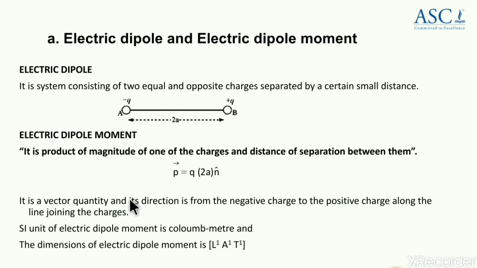And as usual, it is compulsory to learn, once you learn a new physical quantity, its SI unit and dimension formula. See here, for charge it is coulomb, for distance it is meter. So coulomb meter is the SI unit. Dimension formula: for charge it is I into T in terms of current. So I means ampere, A, and T means as usual time, and for distance it is L. Now this is all about learning what do you mean by electric dipole moment, what is its purpose. So next let us take up the derivation based on this electric dipole.